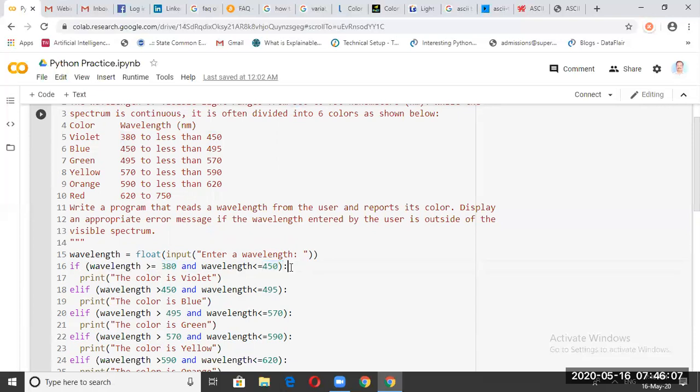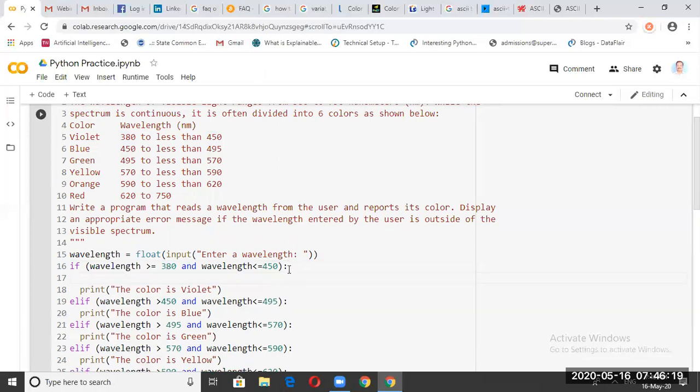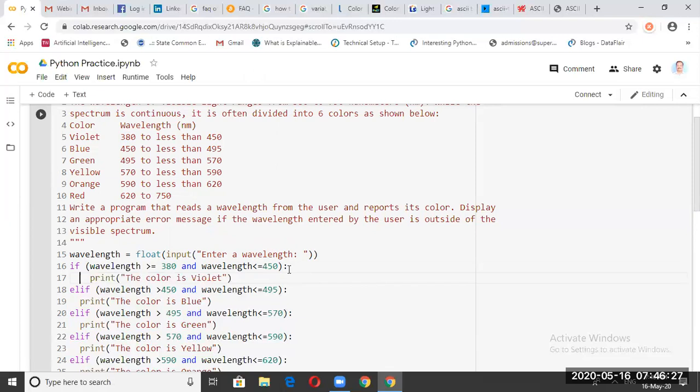If it is so, then in Python every block, whether it is an if, for loop or a while loop, ends with a colon, and after the colon if I press enter, automatically Python takes an indentation, right? So indentation is taken automatically so that you write the statement inside that if.